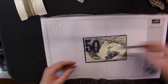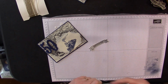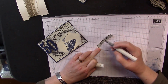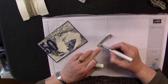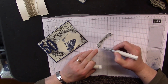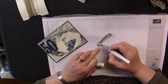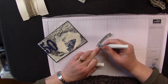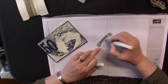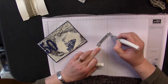And I'm just going to use my Wink of Stella brush on the banner here. And by the time I've put the glitter on the numbers, you'll find that this will be dry, because the glitter is so fine, as is the adhesive, or the glaze that goes over the top. It dries within seconds, whereas